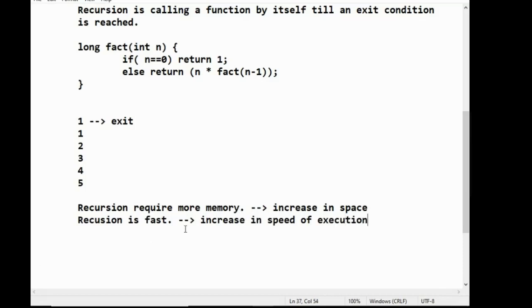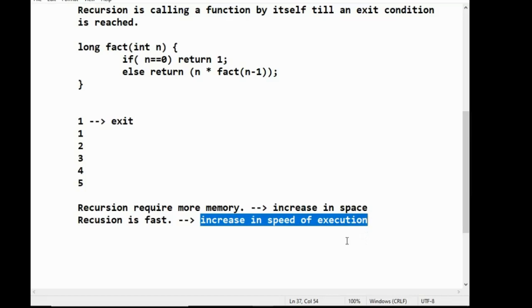That means if you use recursion, the space complexity increases and time complexity decreases. We have seen previously the space complexity and time complexity when we discussed the joining of sets.